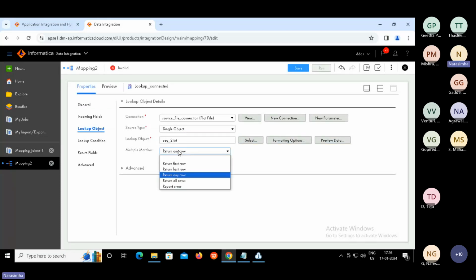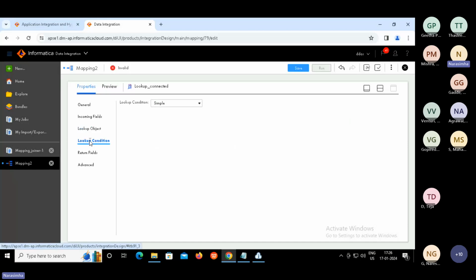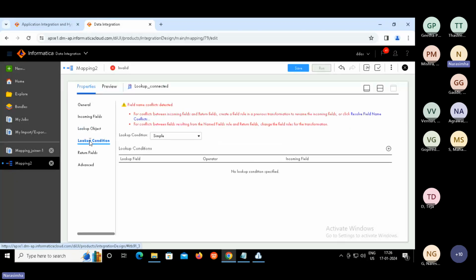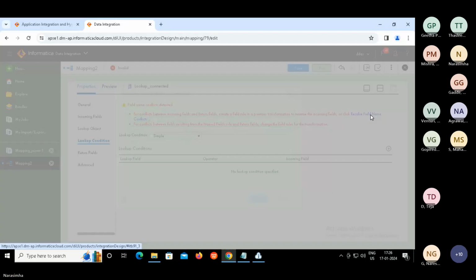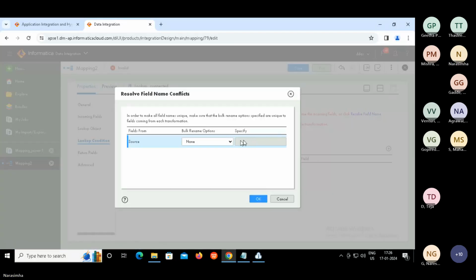That's it. So multiple matches, any row, first row, last row, we can specify. Now go to lookup condition. So same thing, conflict resolution. Click on this resolve field name. We can apply the prefix here, which we did earlier, like S1 underscore.